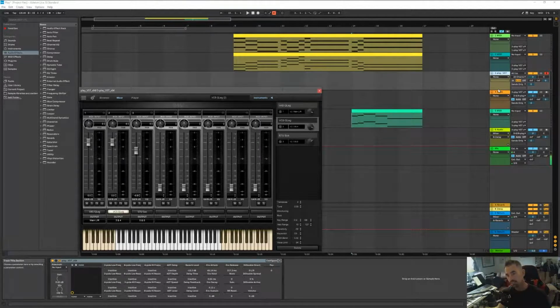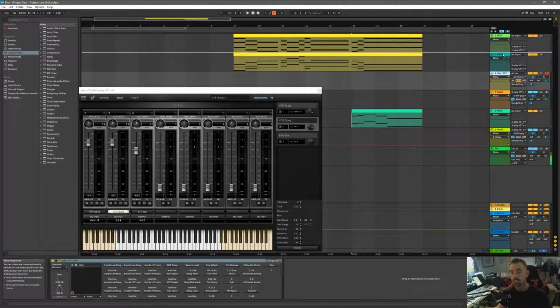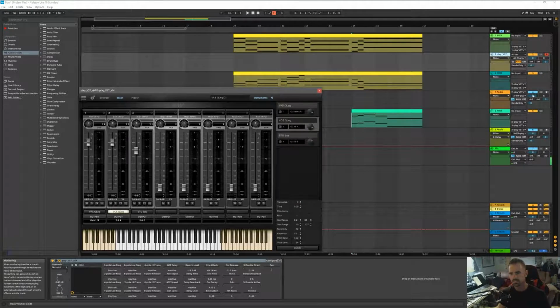If I move it down to 3, you'll notice there's a 3 in front of the name of the plugin. Not sure why Ableton decided to do that, but that's just a quick little tidbit. And also, when I first did this, and this might be for those of you that have just started to use the program, that have just started to try to do this individual MIDI routing,